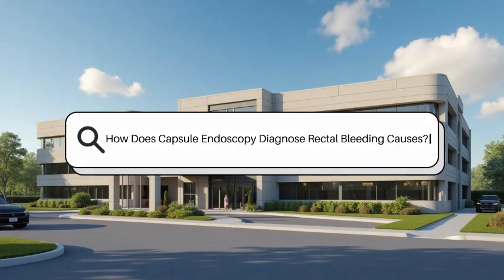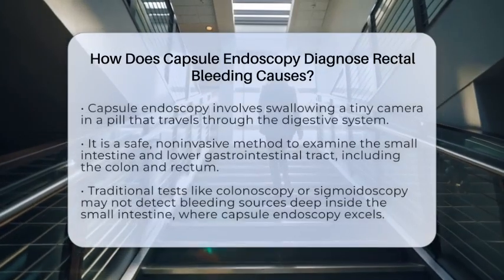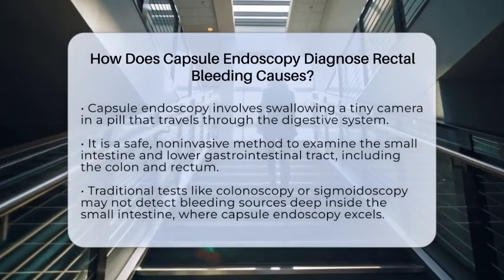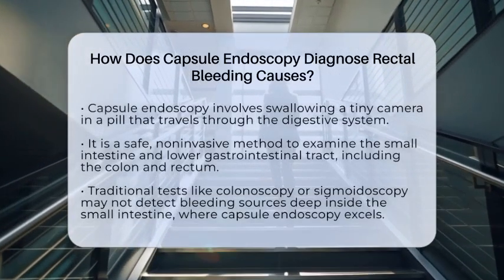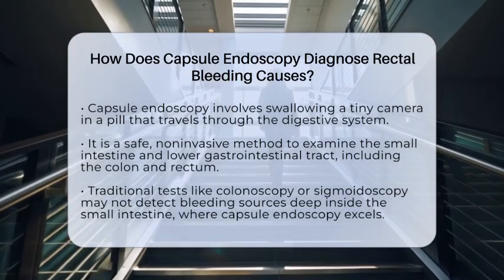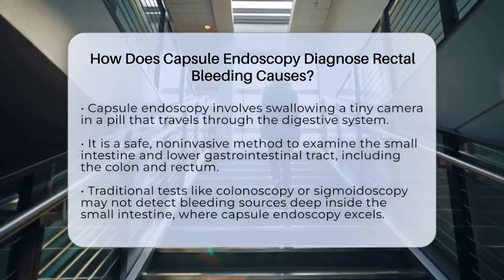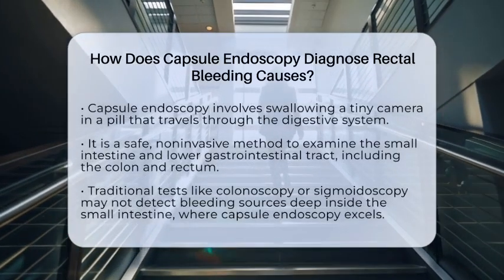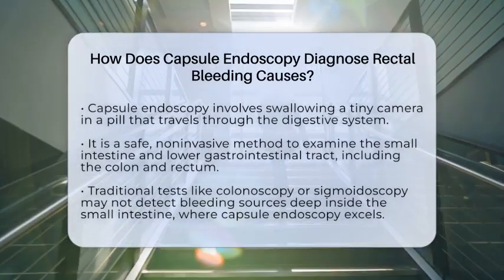How does capsule endoscopy diagnose rectal bleeding causes? Imagine a tiny camera inside a pill that you swallow, traveling naturally through your digestive system. That's what capsule endoscopy is. It's a safe, non-invasive way to look inside parts of your small intestine and lower gastrointestinal tract, including the colon